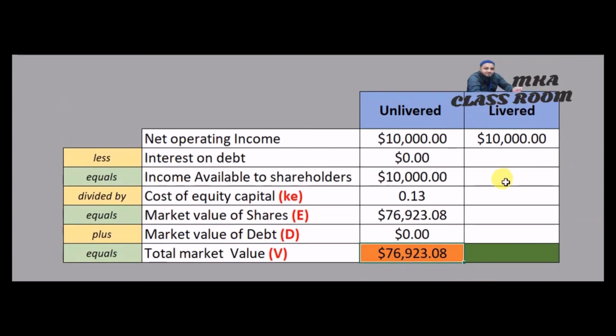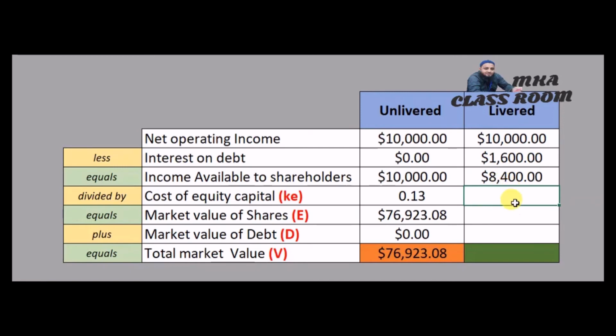So now we will look at the levered company. Its income is also 10,000, but it has interest. It takes 20,000 taka of debt, that means the debenture 20,000, multiplied by the rate of interest 8%, that means 0.08, so it pays 1,600 taka as interest. So income available to shareholders is calculated as net operating income minus interest on debt,